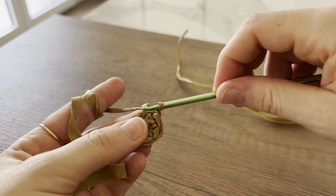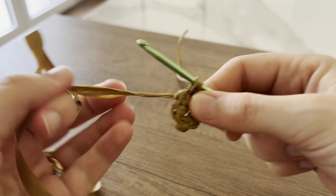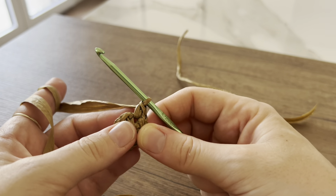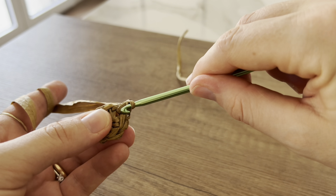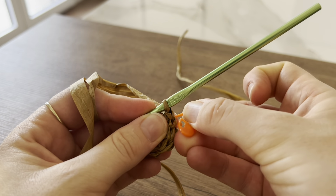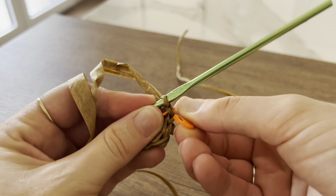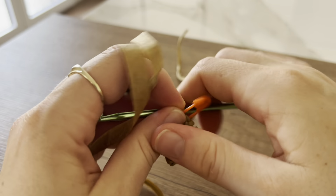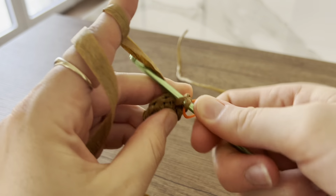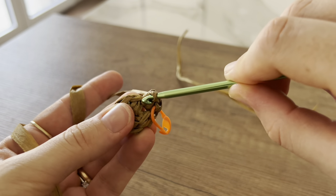And then in the first stitch we're going to make a single crochet, and then in the same stitch one more time, a single crochet. Before that we can actually mark this first single crochet, so at least we will understand where we have to join in the end. So the same stitch, another single crochet, next stitch 2 times single crochet into the same stitch,